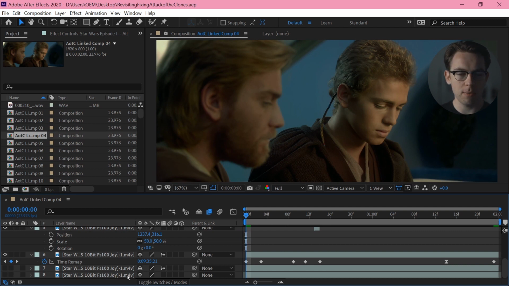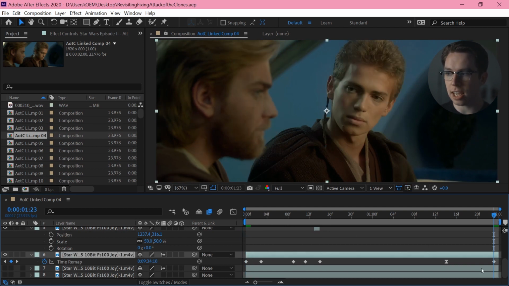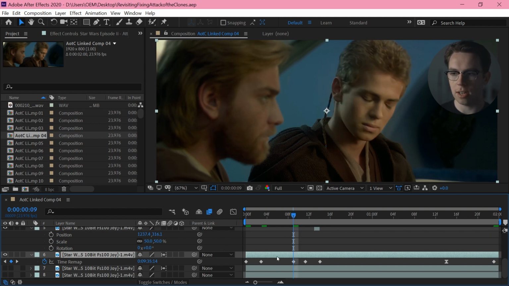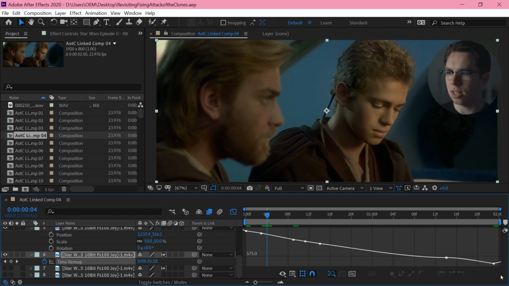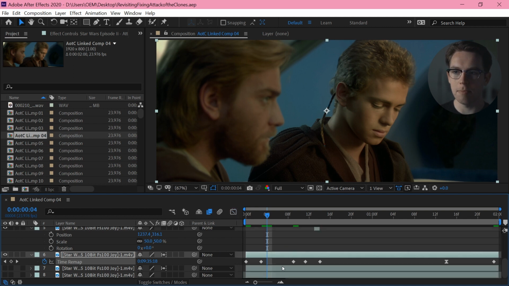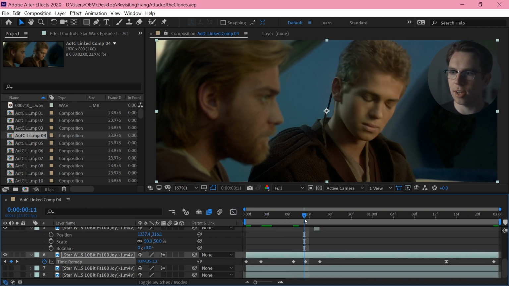So I'm using a time remap, and I put a keyframe at the start, I put a keyframe at the end, and then I swap them. So it's reversed, and then I'm just going in, manually adding these keyframes between to sort of make it look a little natural. This would be a smart thing to do in the graph editor, but here I have just done it with linear keyframes and just spacing them out.